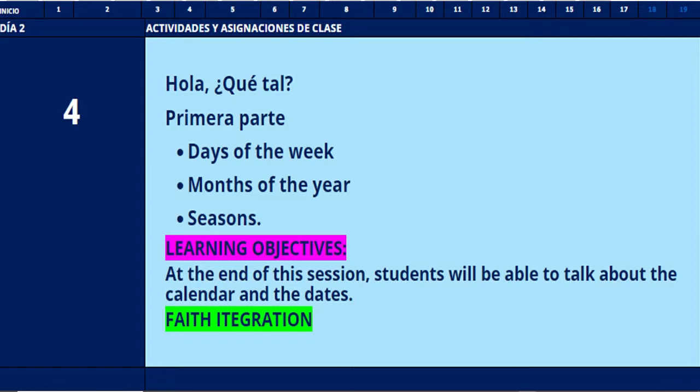Therefore, the learning objective for this part is, as it says in here, at the end of this session, students will be able to talk about the calendar and dates. And we're going to include seasons too. So we're going to be covering days of the week, months of the year, and seasons to express dates. And obviously, we're going to be using recycling numbers, the part that we learned in session number 4. So let's proceed. We go to the textbook,